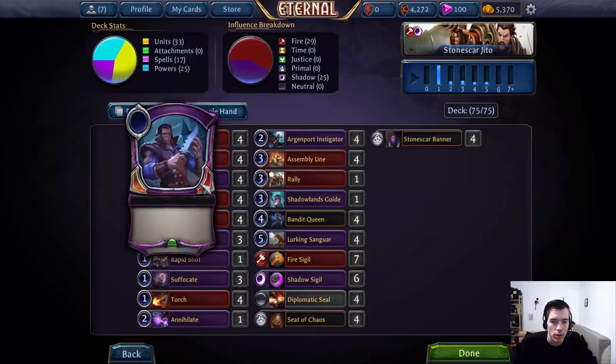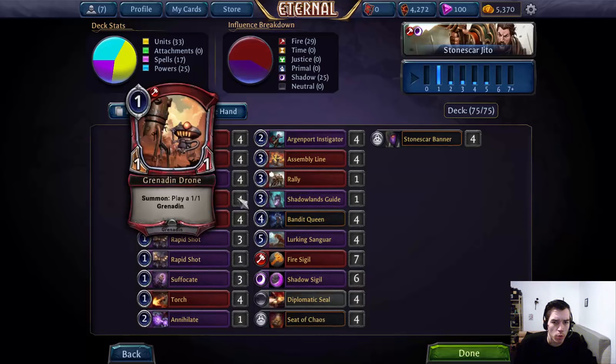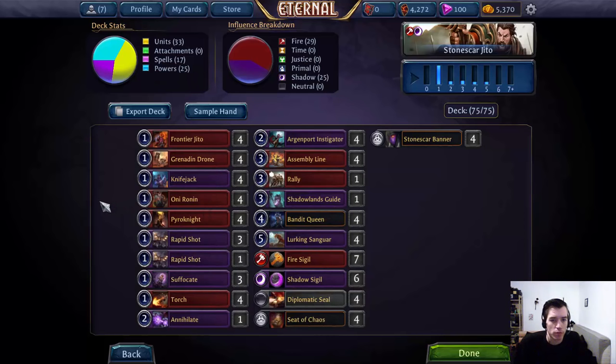Regarding the 1-drops, real quick, there's no Beetles, because I don't want to really run more than 21 drops, because past a certain point you end up wasting power. It's not that efficient if you have 2 spare power and the card you play costs 1 and you end up wasting that 1 power because you have nothing else to do with it. So you are better off